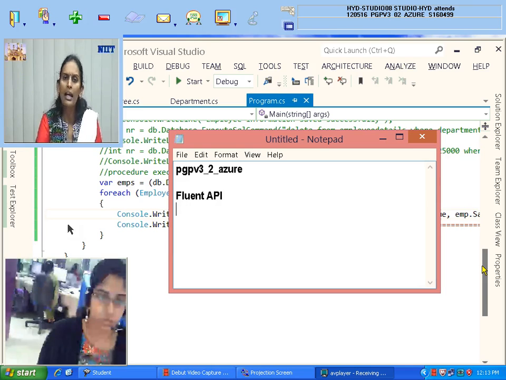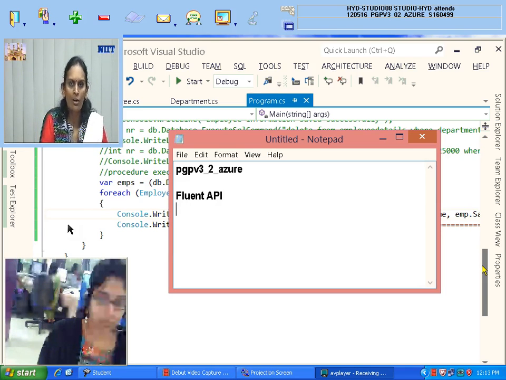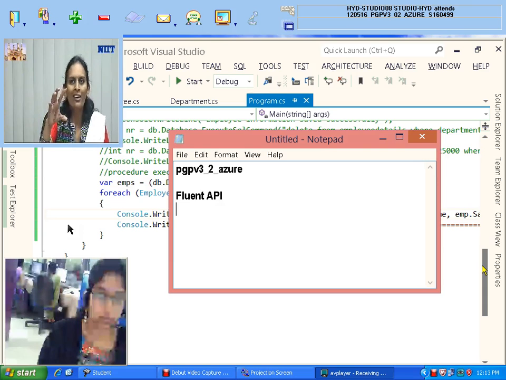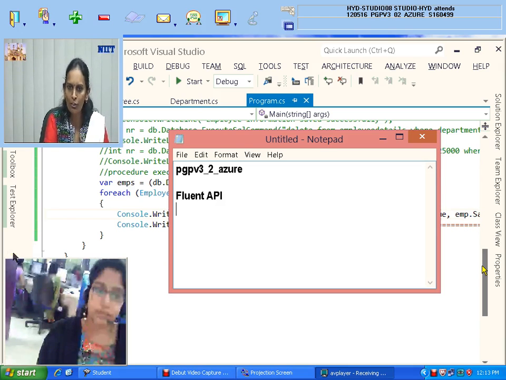That means I have multiple model classes with n number of properties. In those model classes, the table name may need to be different in the database, and column names may need to be different compared with the property names. Instead of going to every model class, I can do all these settings at one location only. Where can I do it? In the context file you create, the data context file. In my context we created, there only I am able to do it. Are you understanding now what Fluent API means?